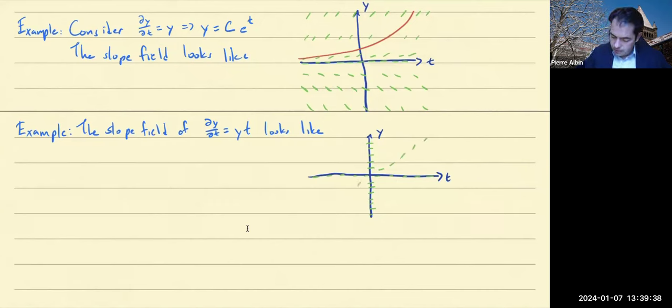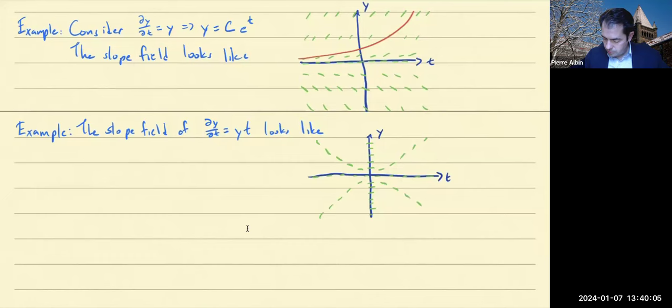And here it's the same but negative. So small slope, and then a larger slope, and then a larger negative, and so on. If y is equal to minus t, it's very similar. Larger, larger, larger,